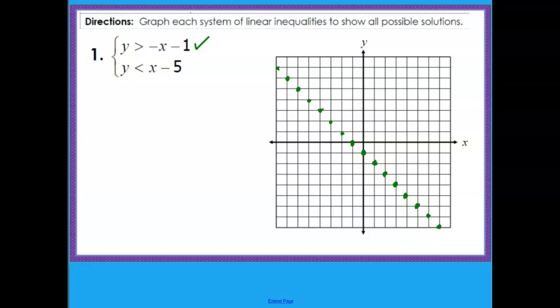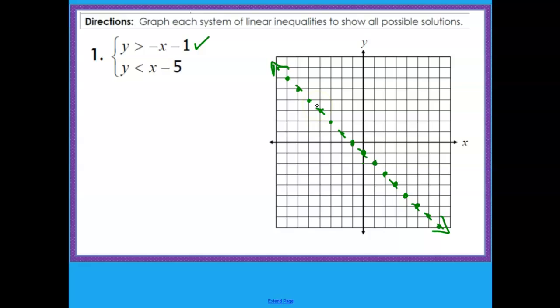It's important that you always extend your graph all the way to the edge of the coordinate plane. This way, if you forget your arrows, I can't take off any points. So now you have to decide, should your line be dashed or should it be solid? Remember, that's determined by the inequality sign. That is a greater than sign, so that means it should be dashed. I can just leave it like these dots, or if I want, I can put a couple little dashed lines in here. But the dots are pretty close together on this inequality, so